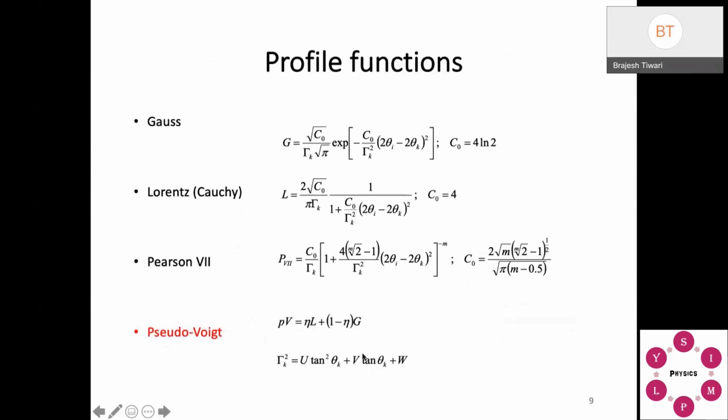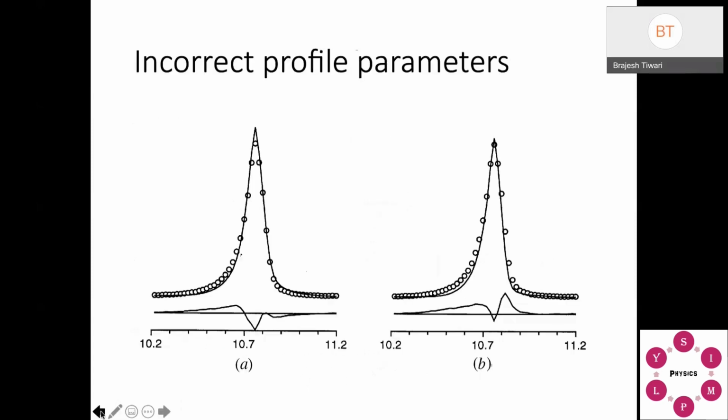You should also keep in mind that sometimes one of the U, V, W parameters becomes a very highly negative value. Or of the three parameters, two are positive and one is negative. All three negative, or all three positive, is a problem. And the value should not be very high. If two are positive and one negative, it's okay, somewhat you can manage. Ideally speaking, you should avoid making that negative, but sometimes it happens. That value should not be very large. If it is very large, you may end up getting this type of fitting of the peak shape, which will not be correct.